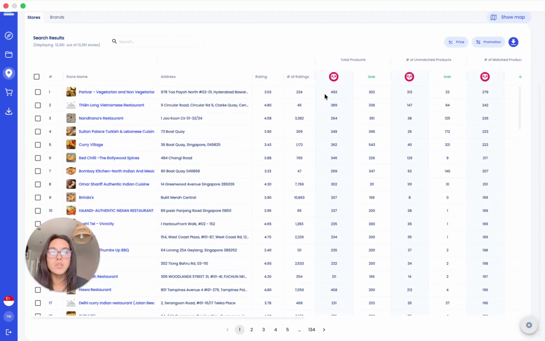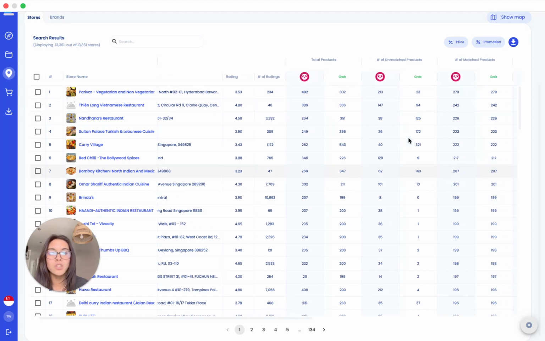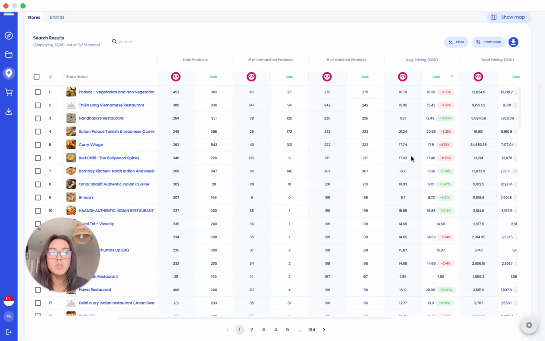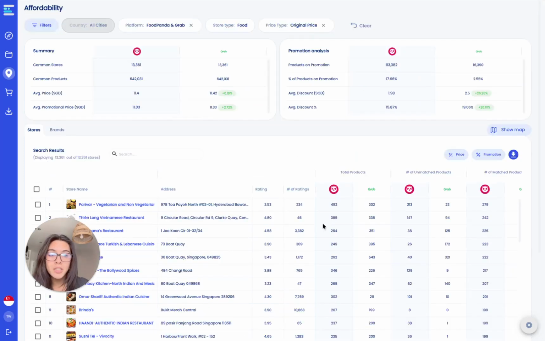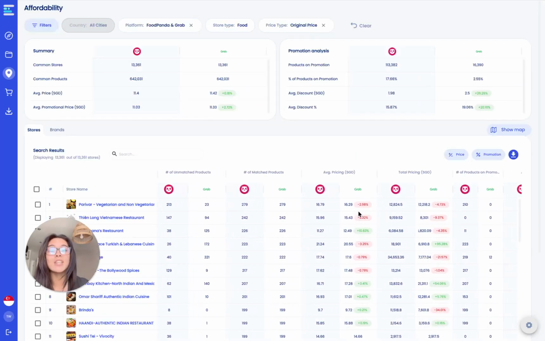Now scroll down to the stores view, and here you can see a list of all the restaurants with their number of matched products, the average pricing, and the number of unmatched products, for example, for your platform versus your competitors. If I'm looking at pricing, the percentage indicator right here is a key signal. Red means that your competitor actually priced cheaper than you by that specific percentage, for example, 2.98%. Green means you're cheaper than your competitor by that specific percentage. This lets you quickly scan down the list and spot where you're losing on price and where you're